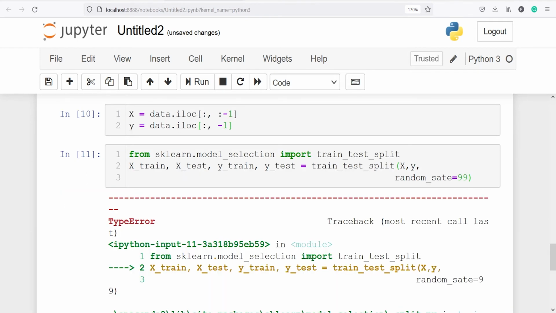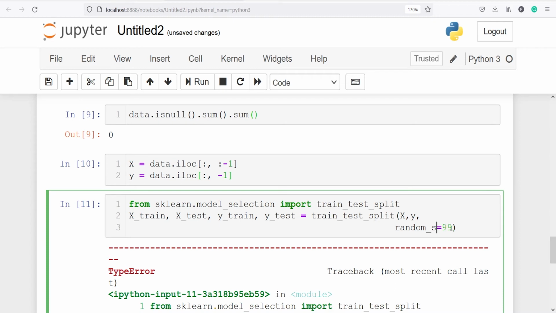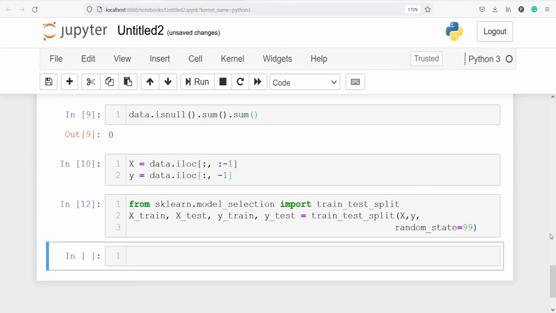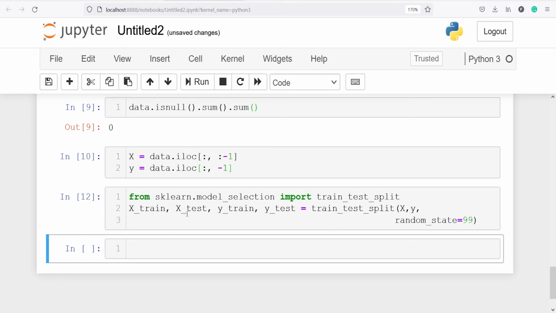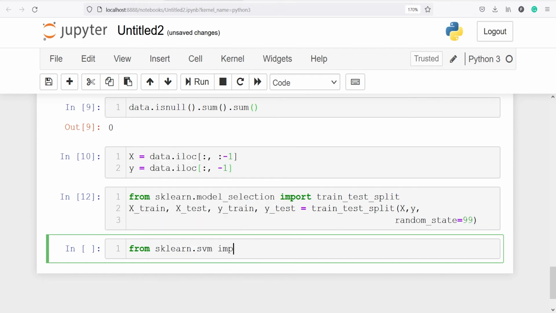Let's execute our code. We got an error here. The spelling of random state is not correct. I have to type state. Now we have split the dataset into X_train, X_test, Y_train, and Y_test. Now we are going to train our model. So we will fit the SVM, the support vector classification, because this is a classification problem, from sklearn.svm. We are going to import SVC because we are working on the classification problem.